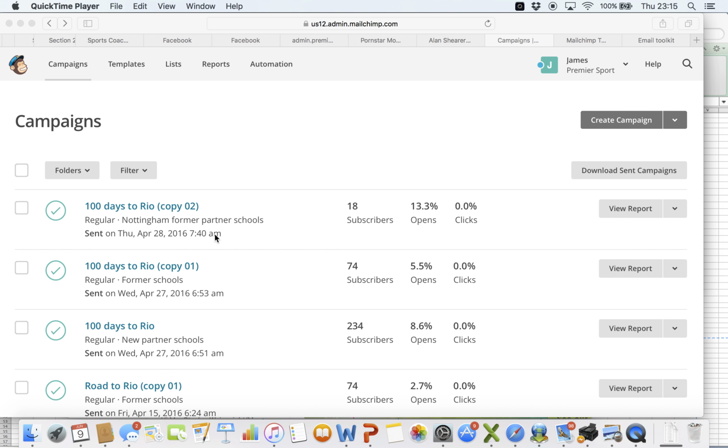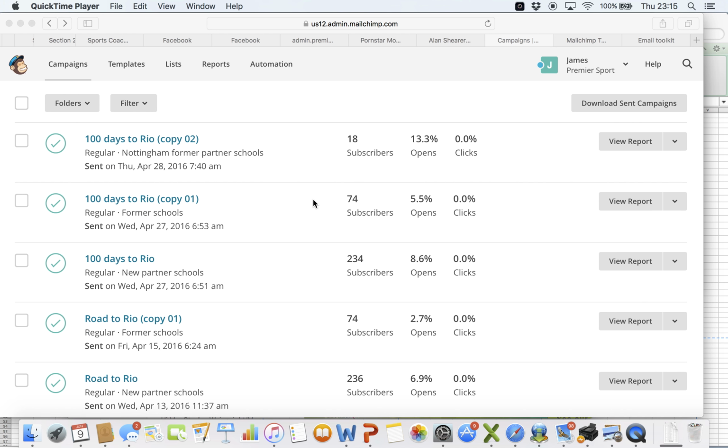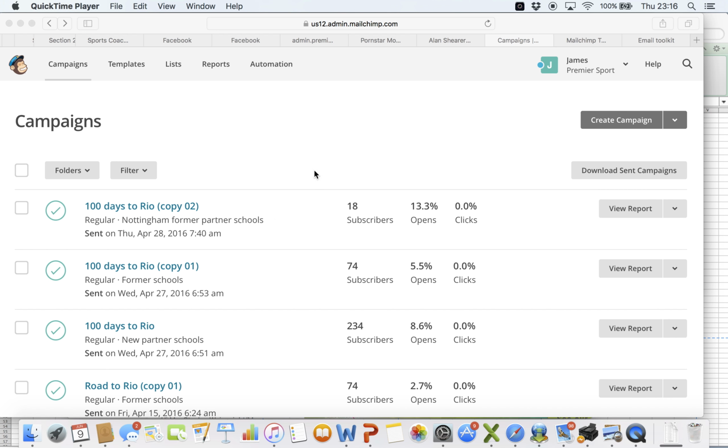The beauty of MailChimp, you can see here, campaign, I can see how many people have opened it. It also kind of highlights the ineffectiveness, if you like, of an email on its own, which is why just sending an email quite often isn't enough. If you look here, this email was sent to 234 people and 8.6% of those opened it. So sometimes it's about being persistent, sending an email, another email, following up with a phone call, sending a letter out in the post. But I'm going to show you now how to get the ball rolling with your first